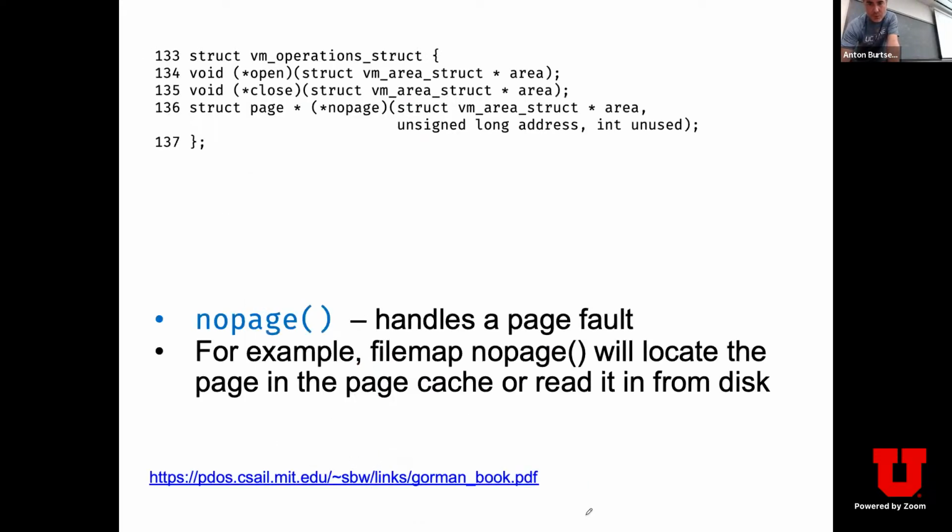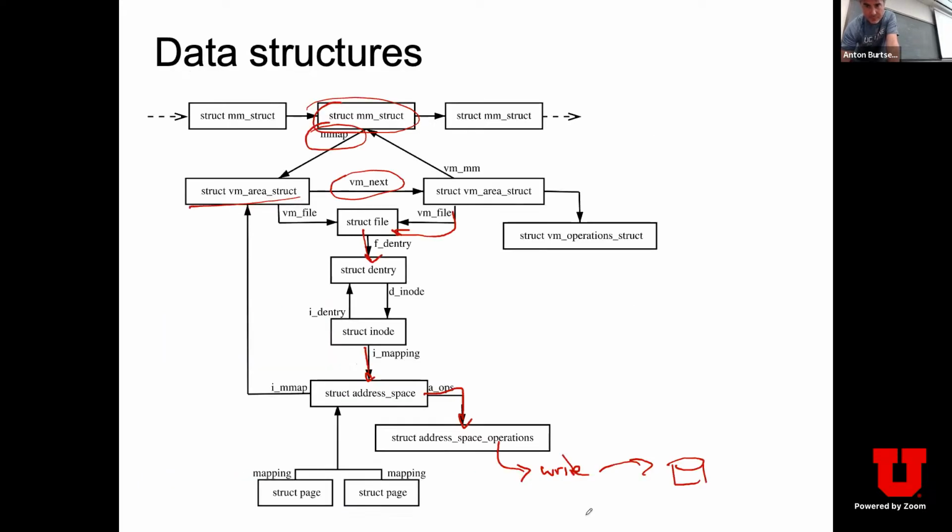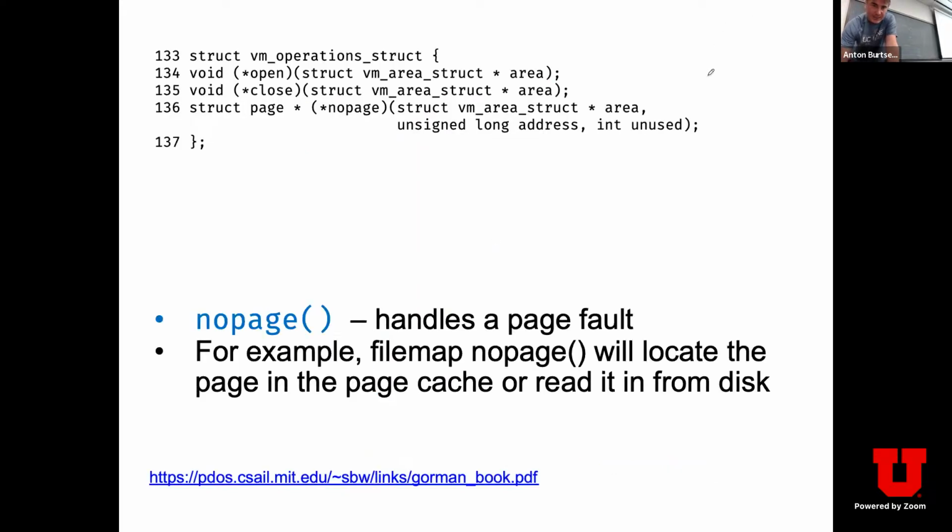Okay, cool. Then these VM operations can also be overloaded. It's a collection of function pointers, and those allow you to specify what happens when you open and close the VM area. Open and close are not used very frequently; they are just used in some esoteric corner cases. But what's important is the no page handler. This one handles a page fault. And there might be, again, different implementations, but typically